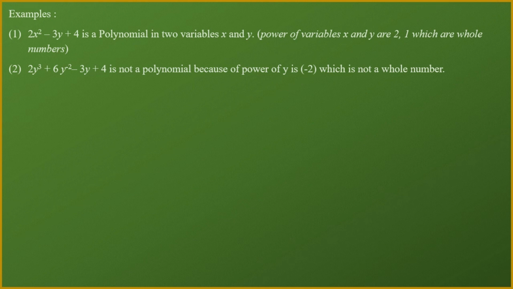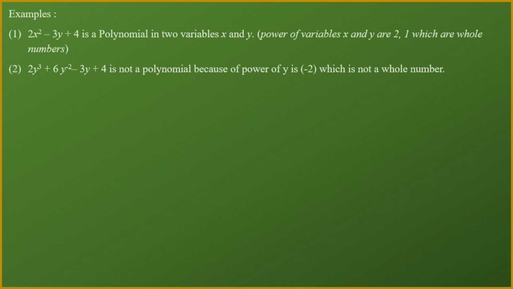Okay, so y to the power 0 is equal to 1, because any term having the power 0 will be equal to 1. So we can say that the first term variable power is 2, the second term variable power is 1, y to the power 1, and along with 4 the variable power is 0. So 2, 1, 0, all three terms have whole number powers, so it will be a polynomial. Okay, similarly see the second example.